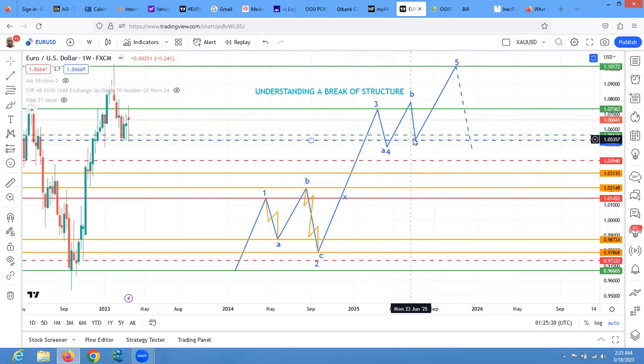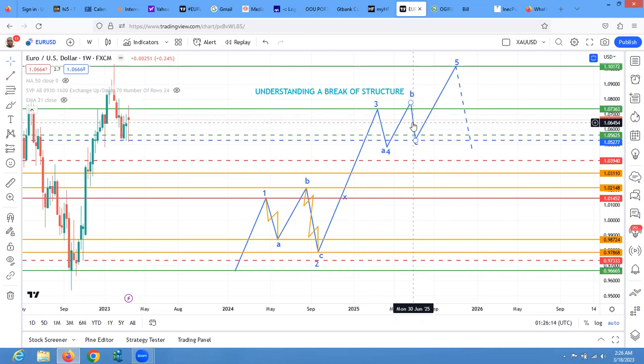So when you are getting to the climax of all these and you are thinking you are getting to the end of the wave, you must be looking at what is the structure that you expect here. And I did teach us something because after you have A of 4, B of 4, and C of 4, which has run like a running flat in this case. We have an extended flat here. In this case, you have A, B going above the origin of A, do you understand? And C falling short. That's a running flat structure that you see here.